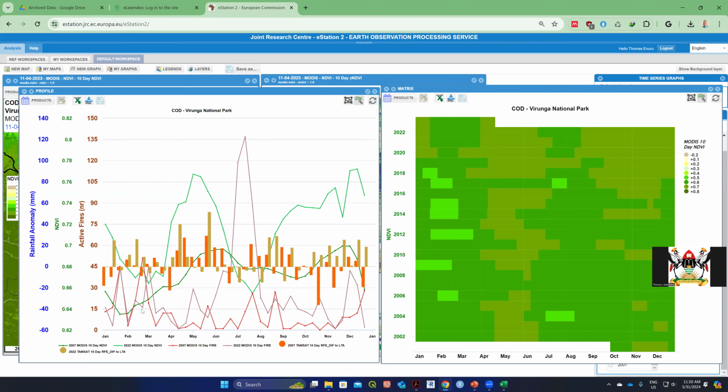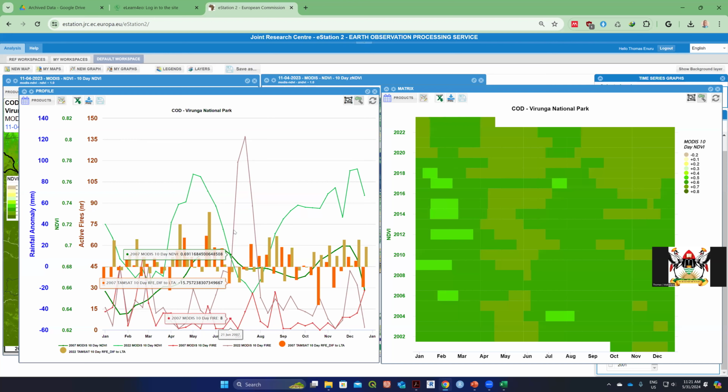Now, in 2000, which is this lighter green, 2002, interestingly, there are now 2 seasons. There's a sharp season here, and then there's a very short low NDVI value, which is the low dry season, a very short dry season, and then this one shoots again. But initially, this was more or less the same. There was very little variation. And also we see that in 2007,